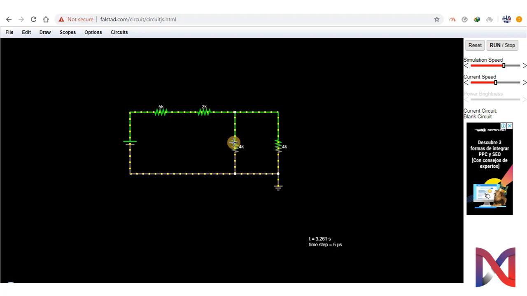Now we come down to the 4 kilo ohm resistor. Here we have 1.566 milliampere of current and 6.22 voltage drop. And here we will have the same voltage drop, 6.22 volts, and current will be 1.556 milliampere as well, because the resistors are of the same value. If we change the value of the resistor, then the current will also be different.